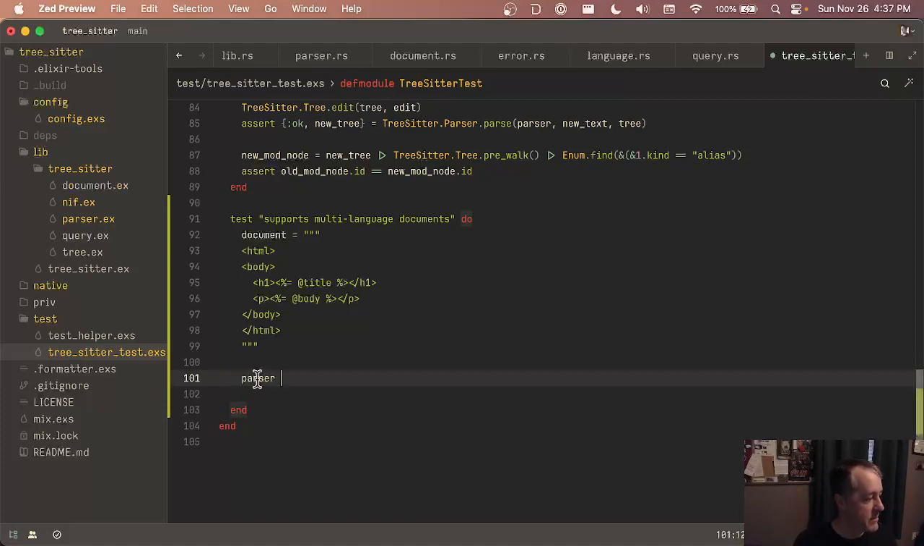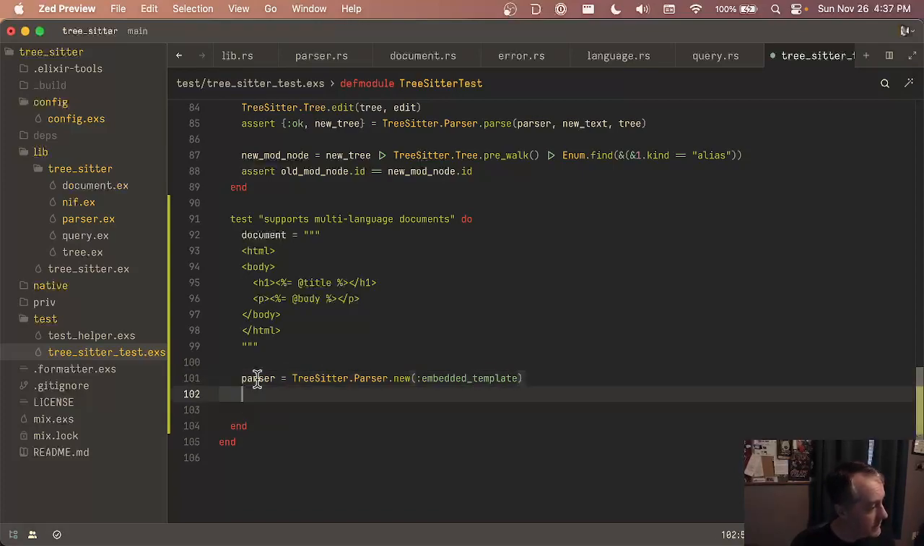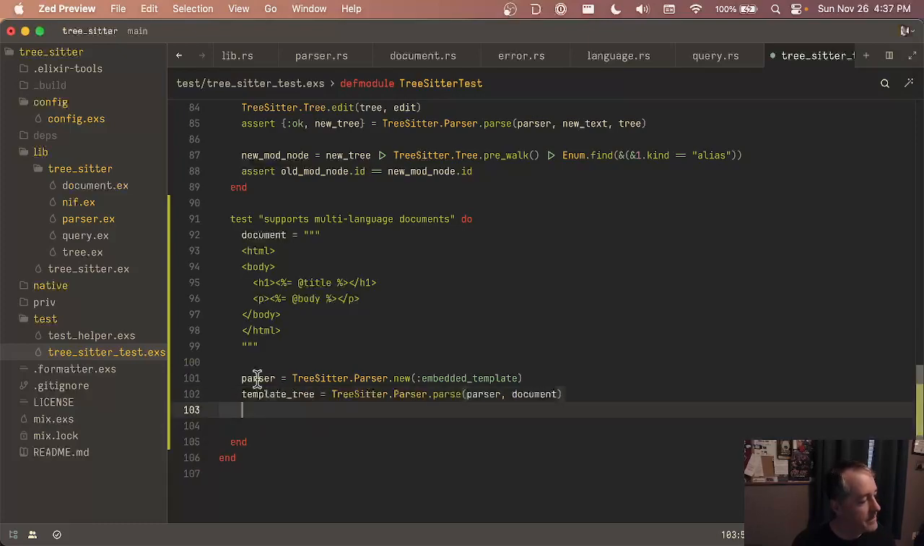Okay, so let's make a parser. New, and this is going to be embedded template, right? And then we're going to say, so let's get the template tree is going to be parse, and we're going to pass the parser, and we'll pass the document. And now we want to